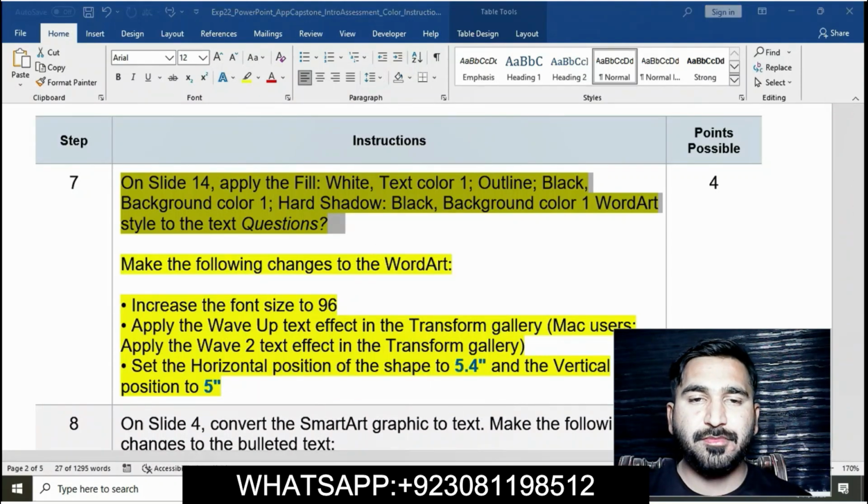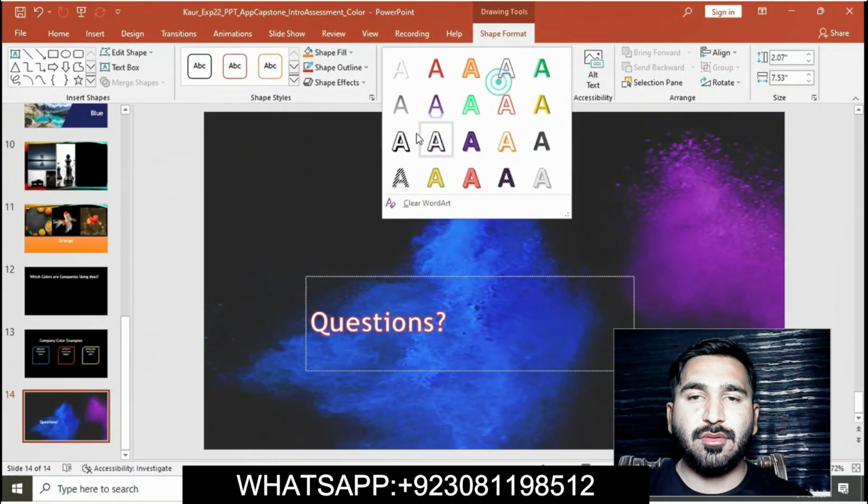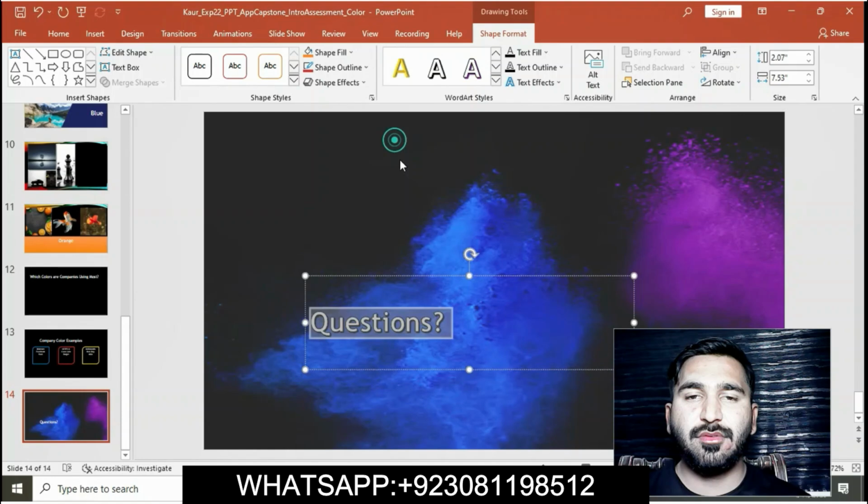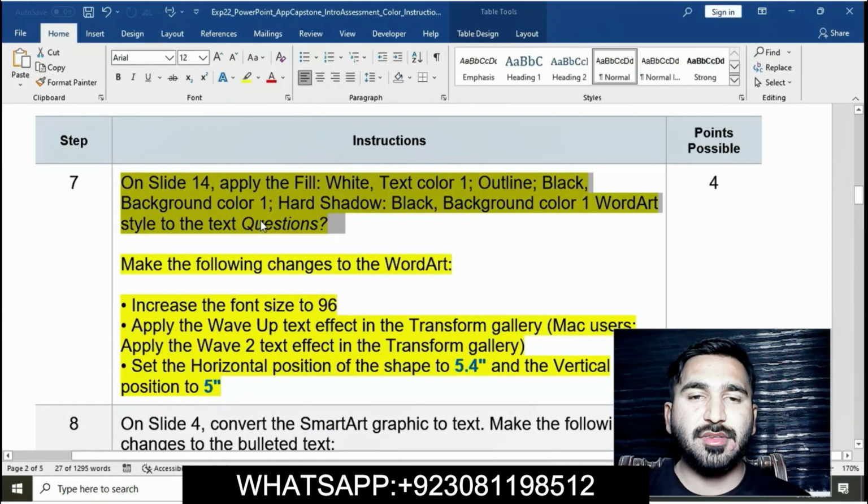Now go to the fill white text 1, outline background color 1, hard shadow word art style.